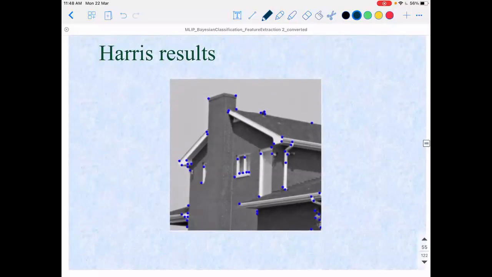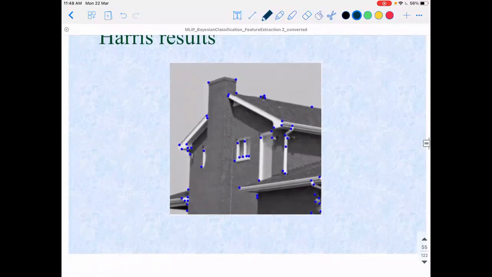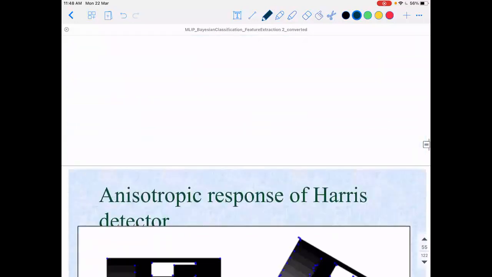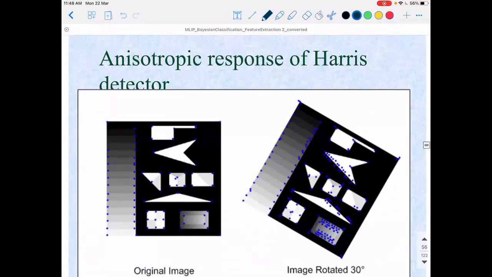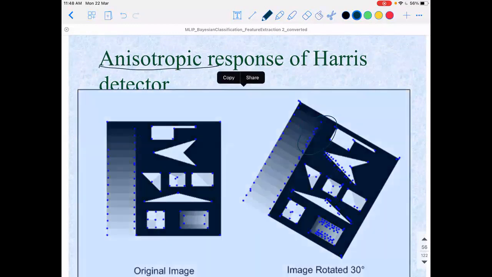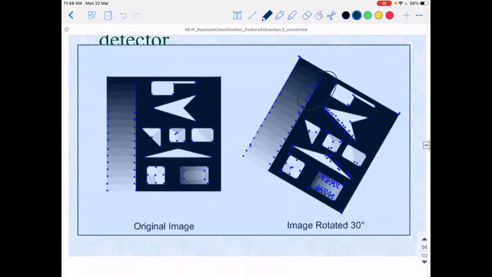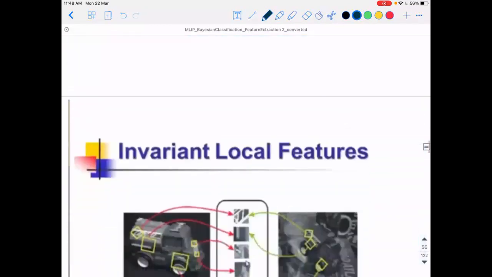Thank you, sir. There is one more aspect to this. On natural images also you can find it reasonably working. The detector is said to be anisotropic in the sense that it is not isotropic. If you give an original image versus a rotated image to the Harris-Corner detector, it may detect different corner points. The response of the detector to differently oriented images will be different. That is referred to as anisotropic response, so it is not very stable.